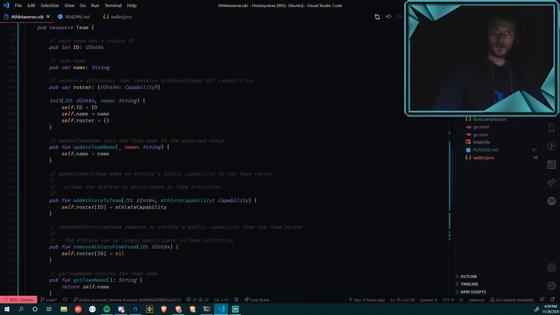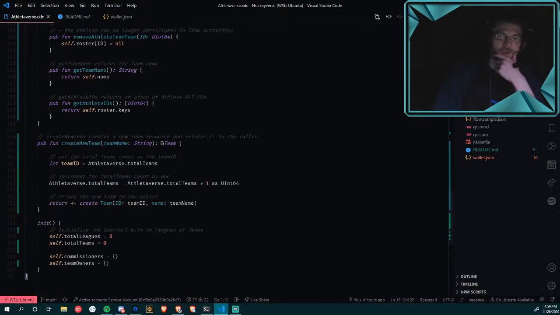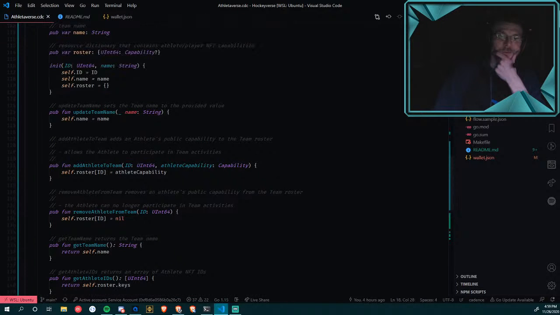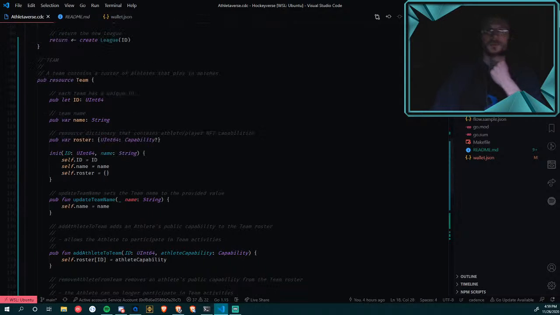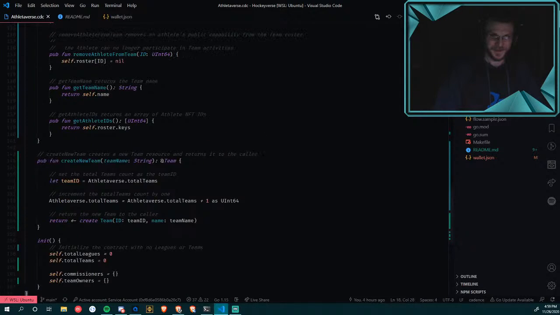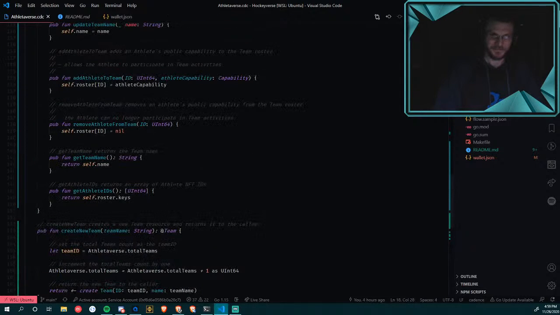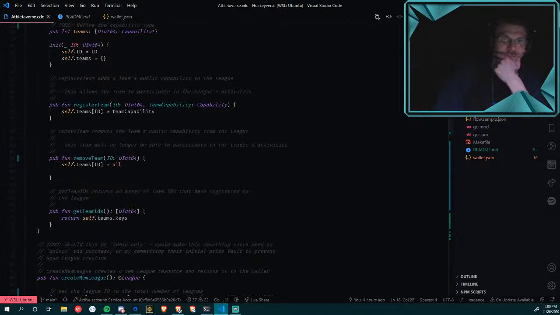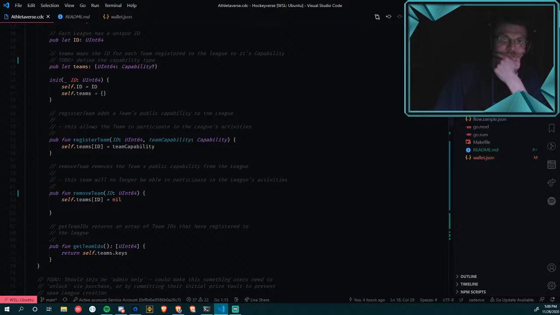Okay, and then we just need to register a team using our league. Just off the bat, I'm thinking I'm probably gonna have to change the way that register team is set up, because right now you could arbitrarily register any team to any league.